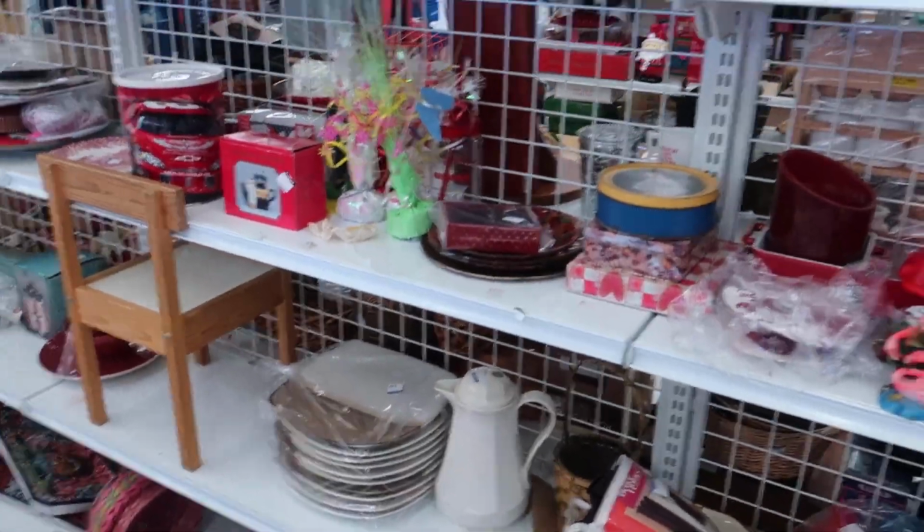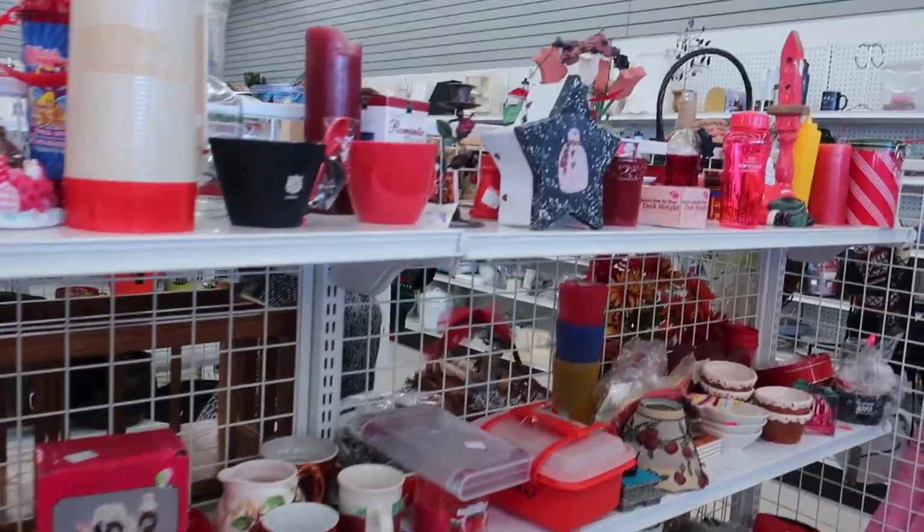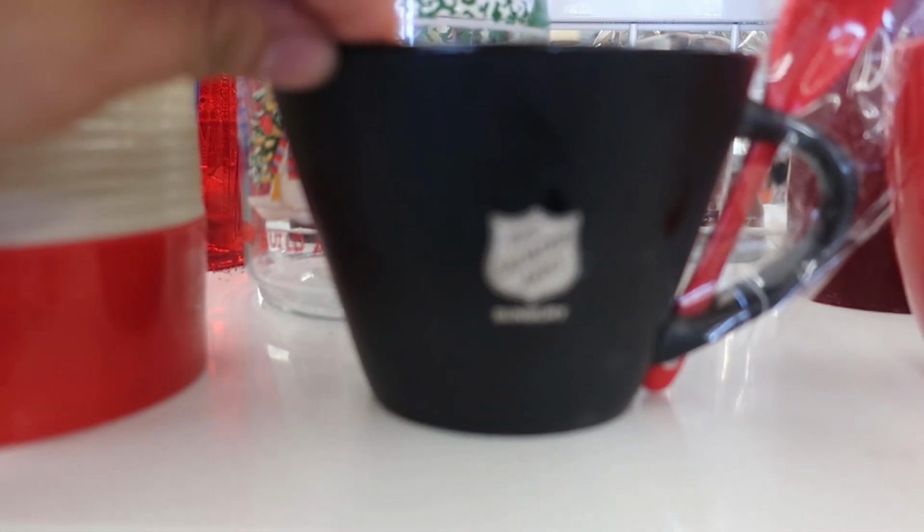So that's now one store down. We're gonna head on over to the next one, which I think is gonna be a Goodwill. I only found one thing. I found those Pyrex dishes. Mom found a cool little Tinkerbell figurine that she thinks she can make some money on, but now it's going to Goodwill. So we're at the Goodwill here, and I'm just bebopping down this aisle, and I found a Salvation